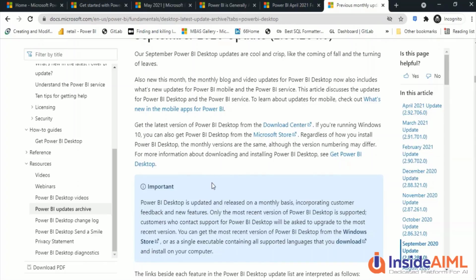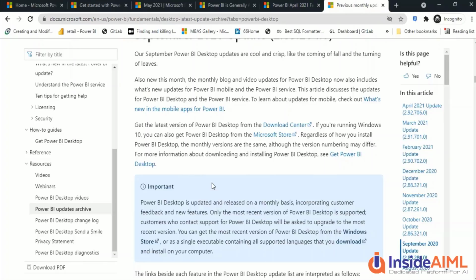So keep on updating, because sometimes what happens, there are enhancements which have come, so you have to jump around a little bit. And if you have not updated your software for long, you might not be able to update it in one go, and then the intermediate releases are not available with you. You might have to search for someone having that, or some third party site where all the releases are still shown. So you might have to try that out, but it's best that you keep on updating. Don't be more than 3 months behind on Power BI releases, so that you can take full advantage of those releases, features, and all those stuff.